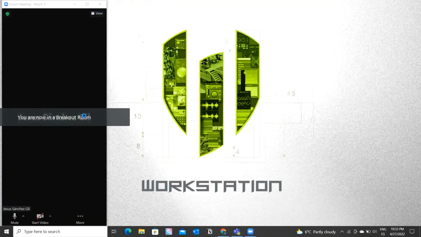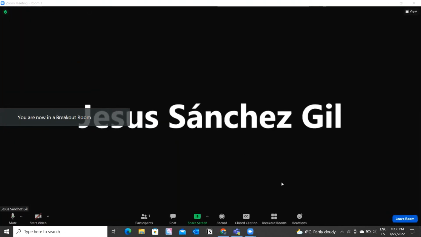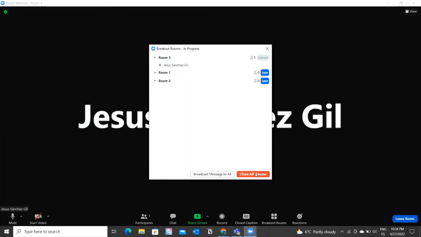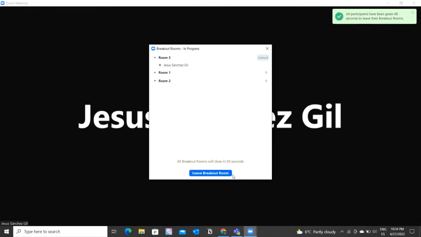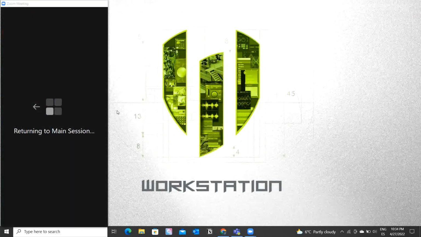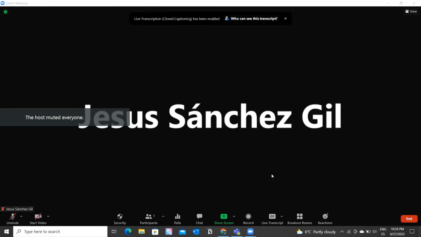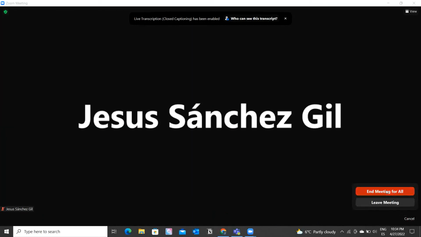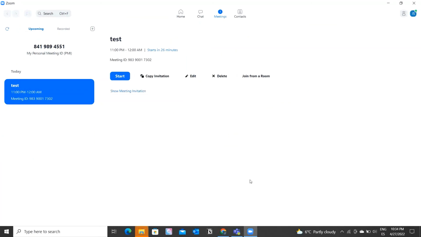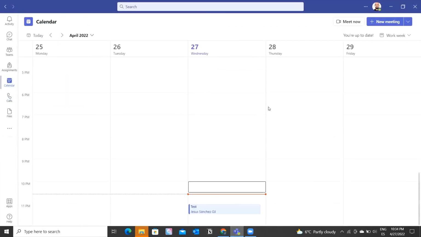And as you can see, it's very interactive with the users that are found in these breakout rooms. Once the breakout room session has ended, you can close the rooms and redirect all the people to the main session. And yeah, that's pretty much it about Zoom. Now I'll end the meeting and let's get going with